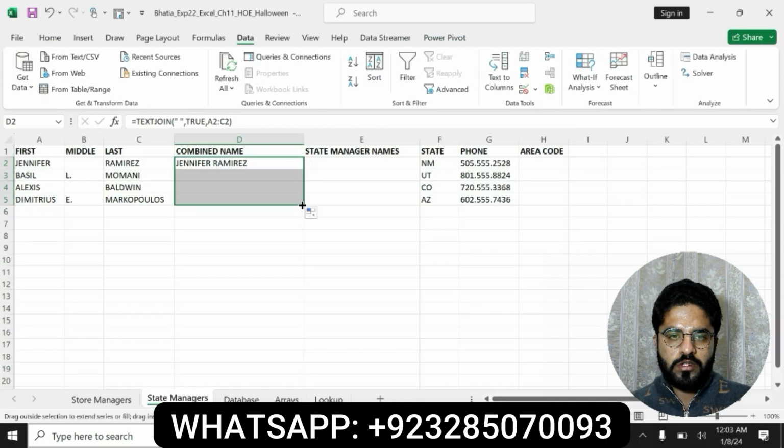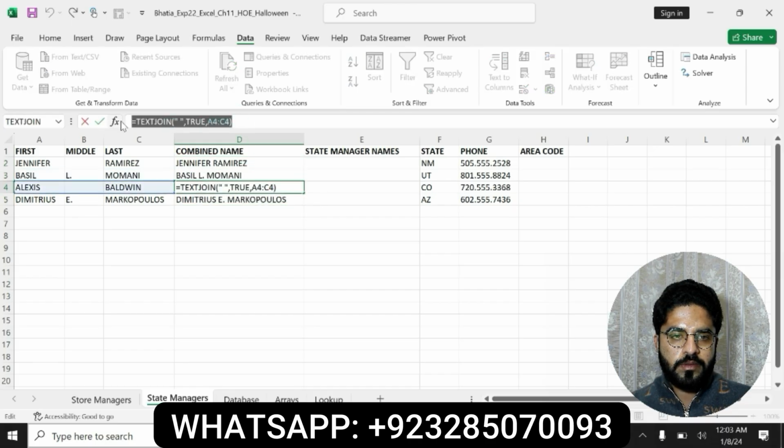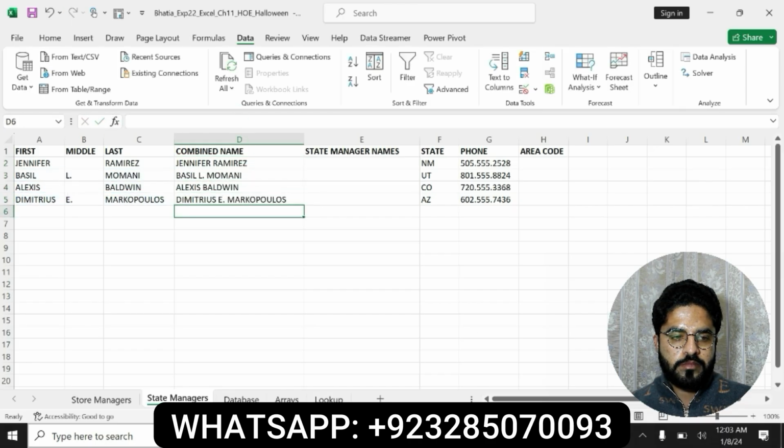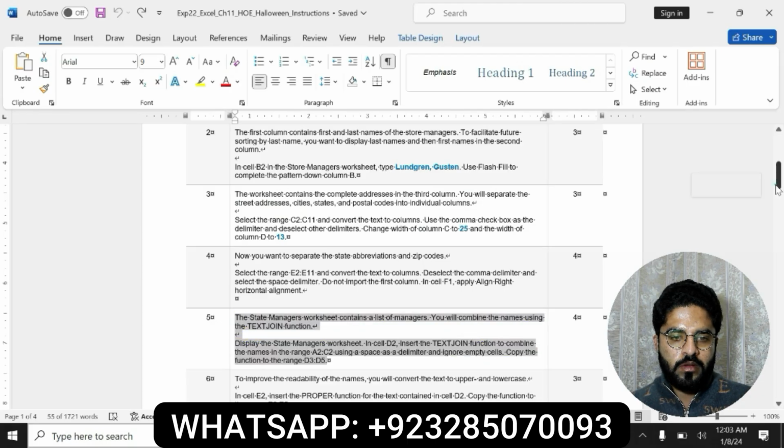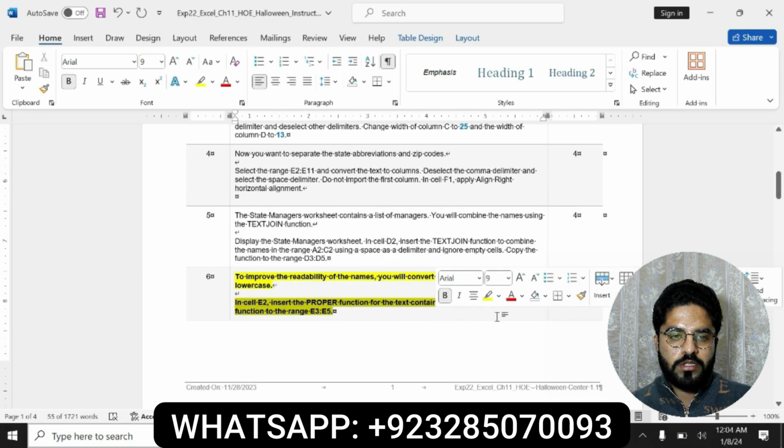Then copy the function and drag this function to the last of the range. Question number 5 is completed. Now we will move to question number 6. Question number 6 is,